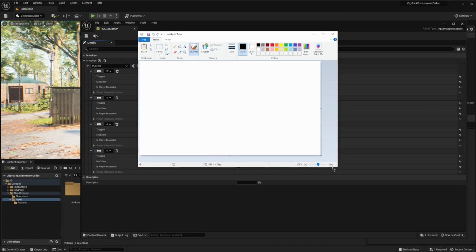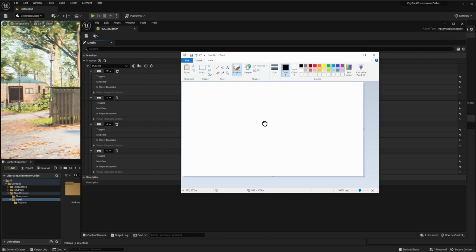Let me explain what we will do here. If this is our character and we want to move in the 4 directions, we have 2 axes, one for the up and back and one for the left and right. And if we pick our 0 point to be here where they meet, and this is the x-axis and this is the y-axis,